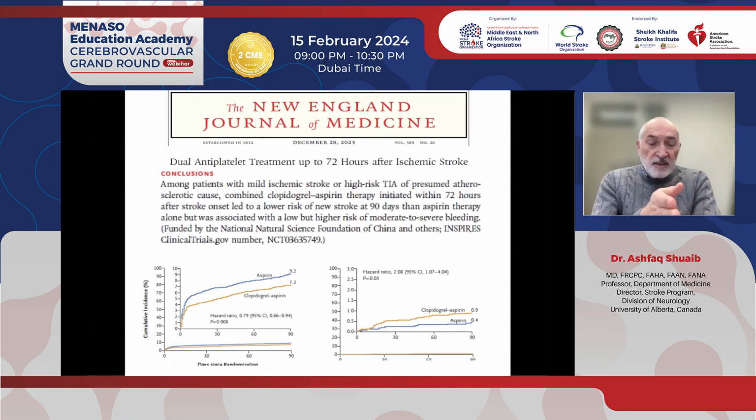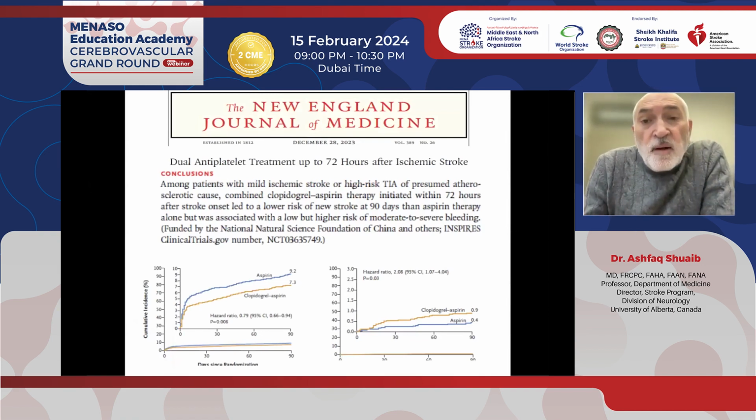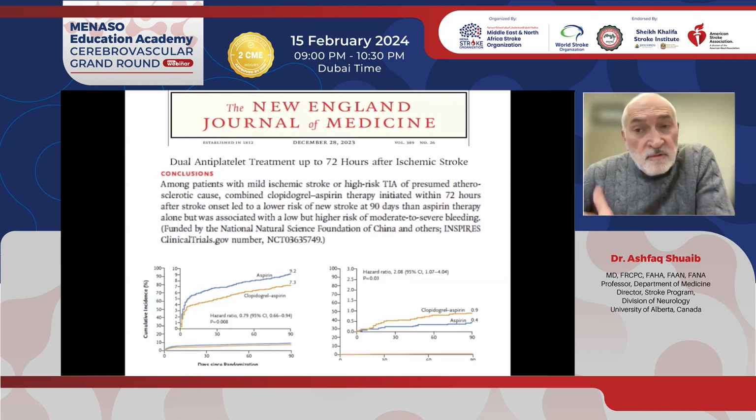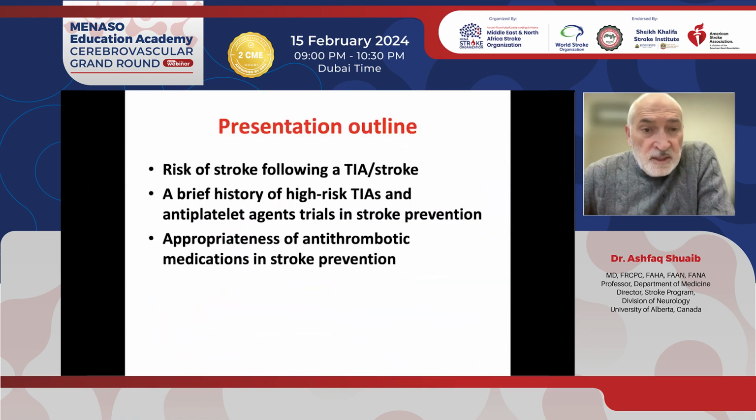So the practice until recently was that if it was after the first 24 hours, you'd probably treat them with aspirin alone. But if it was less than 24 hours, you'd use dual antiplatelets. But now I can report to you that if somebody comes in at 36 hours or 48 hours, you can still, in the high-risk patients, and we know what the high-risk patient is, treat them with dual antiplatelets. All right, that was the background data.